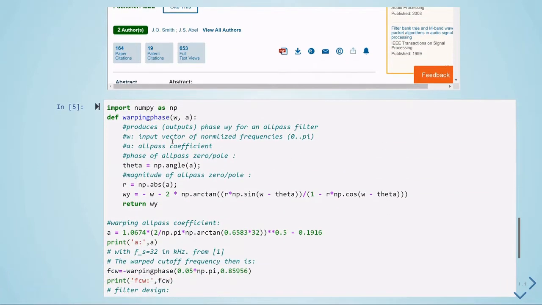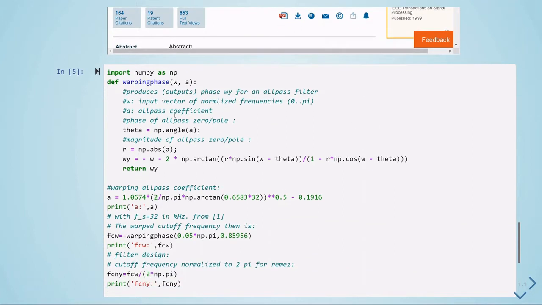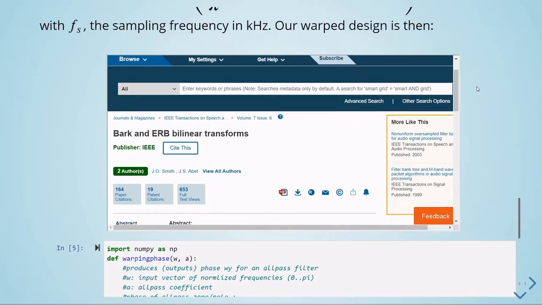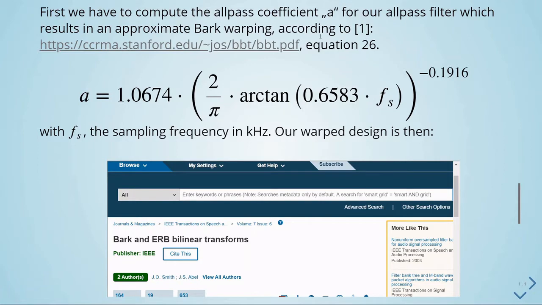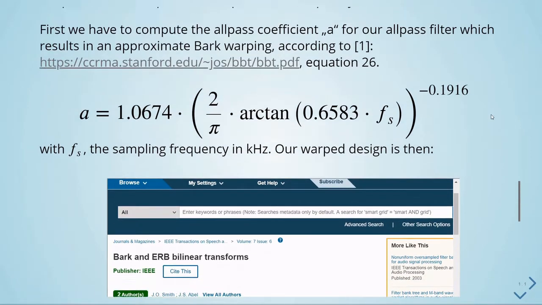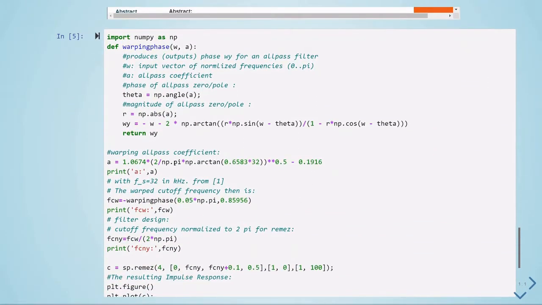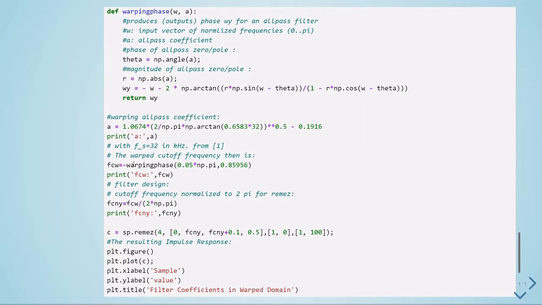So what we're doing here now, we have this warping phase. This produces a phase for an all-pass filter. It takes as an argument the input vector of normalized frequencies from 0 to pi and the all-pass coefficient. So the all-pass coefficient is calculated from this equation here that you find in this paper. You can download it here, you can read and see it is equation number 26. So we are defining here this all-pass coefficient. Then we are calling this warping phase,